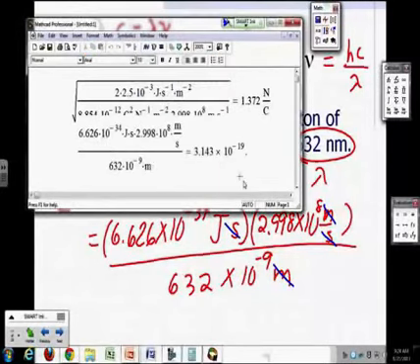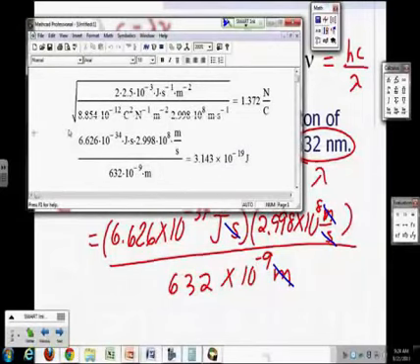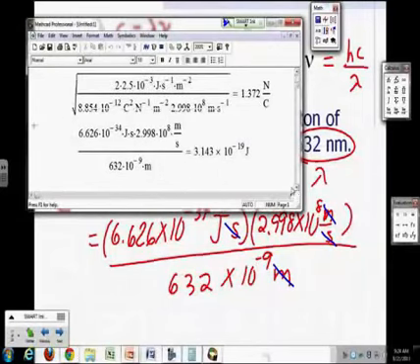It's 3.14 times 10 to the negative 19 joules. So that's 3.14